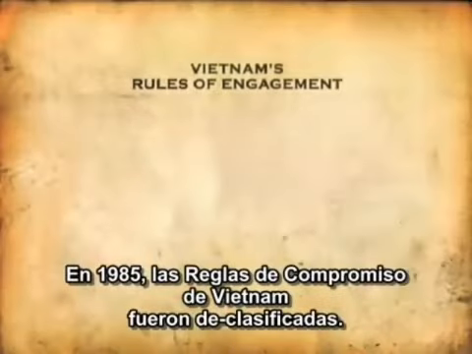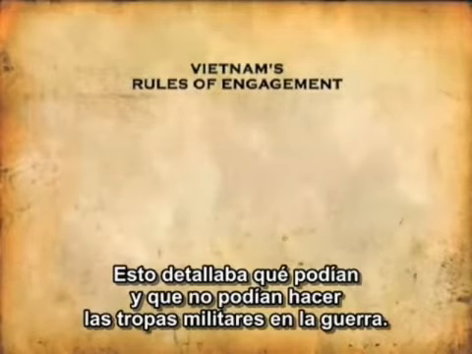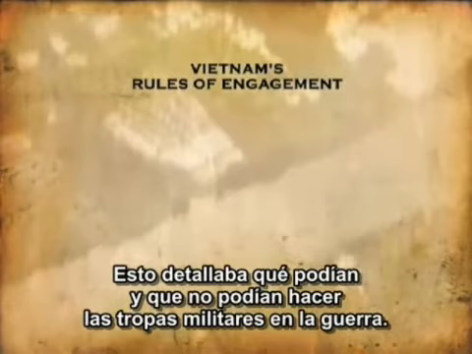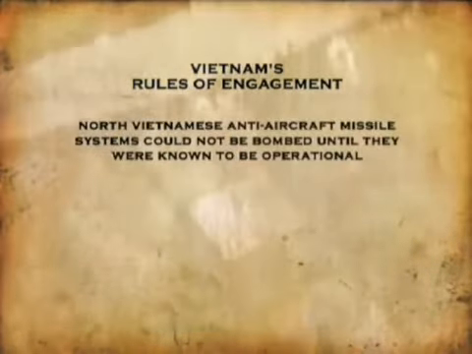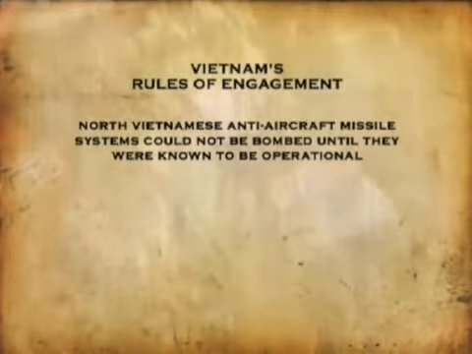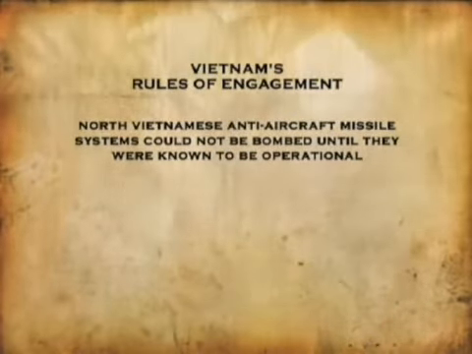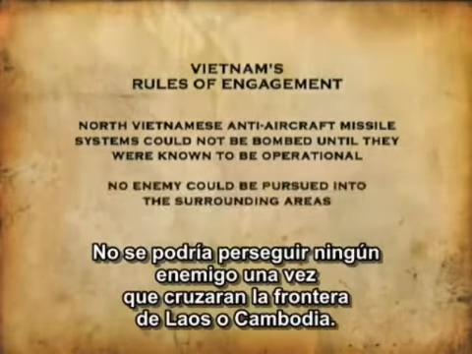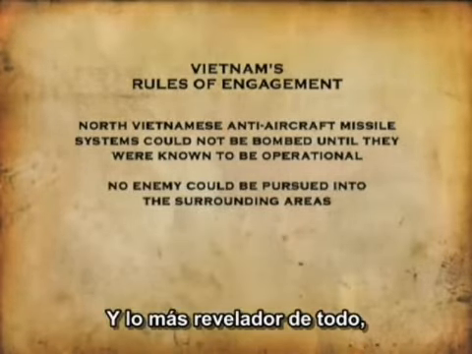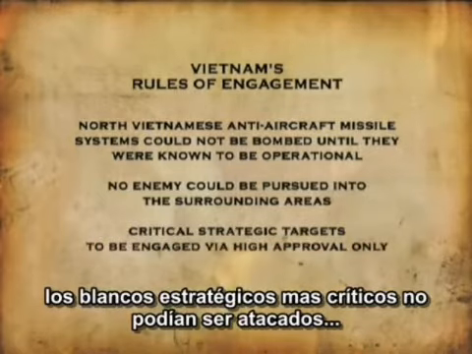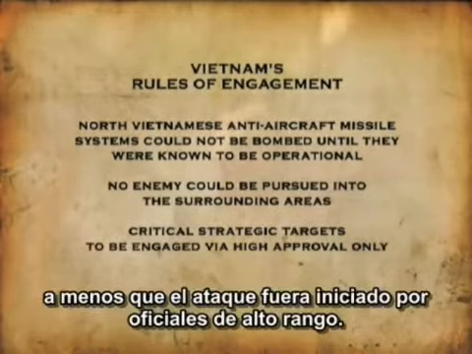In 1985, Vietnam's rules of engagement were declassified. This detailed what American troops were and were not allowed to do in the war. It included absurdities like North Vietnamese anti-aircraft missile systems could not be bombed until they were known to be fully operational. No enemy could be pursued once they crossed the border of Laos or Cambodia. And most revealing of all, the most critical strategic targets were not allowed to be attacked unless initiated by high